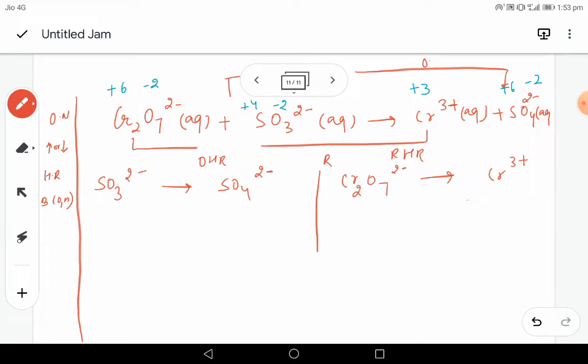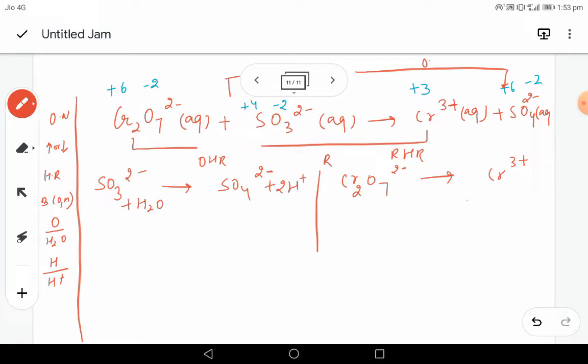Once we are done with every other atom, we have to then balance oxygen. How do we balance oxygen? By adding water to the side that is deficient in oxygen. Over here we have got 3 oxygen, here we have 4 oxygen. Oxygen is deficient here by 1, so we will add 1 water molecule to this side so that oxygen becomes 4 and 4 on both sides. Oxygen is balanced. Then comes balancing hydrogen. It is balanced by adding H positive to the side which is deficient in hydrogen. On this side we have got 2 hydrogen, on the other side we don't have any hydrogen. So we will add 2H positive on the other side.